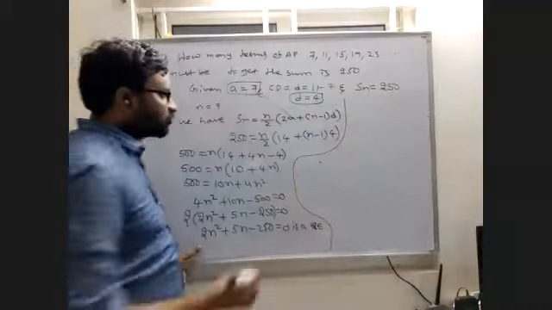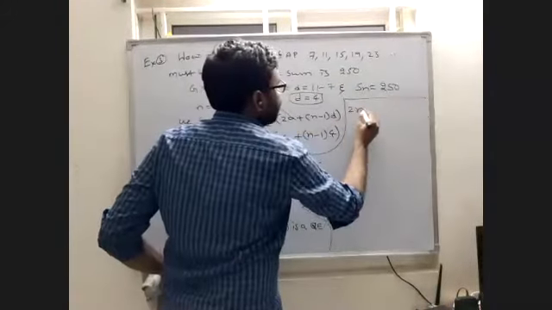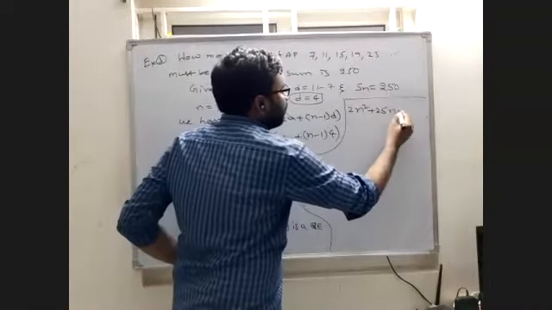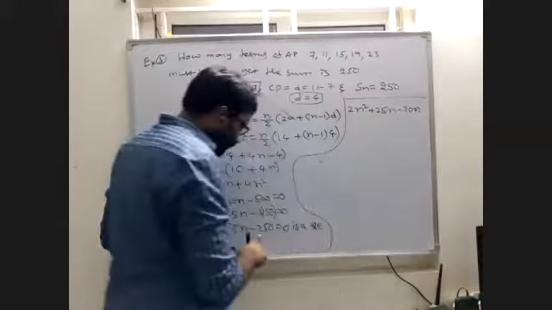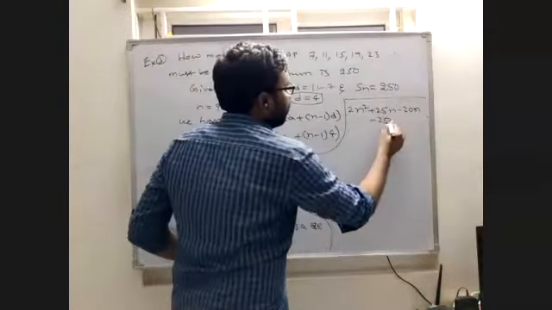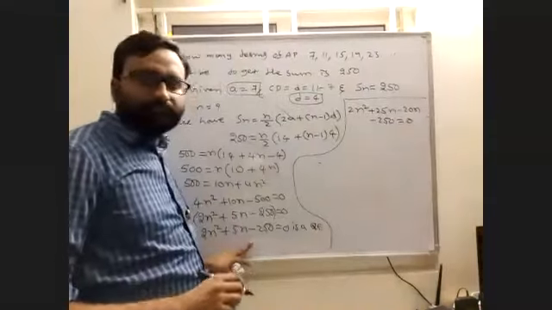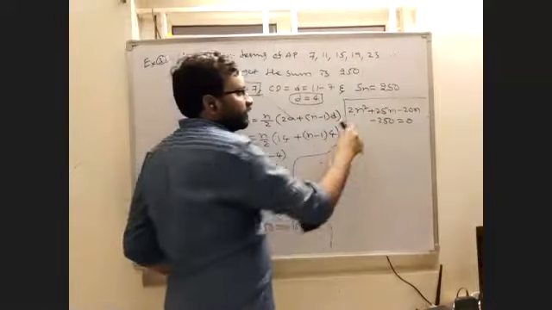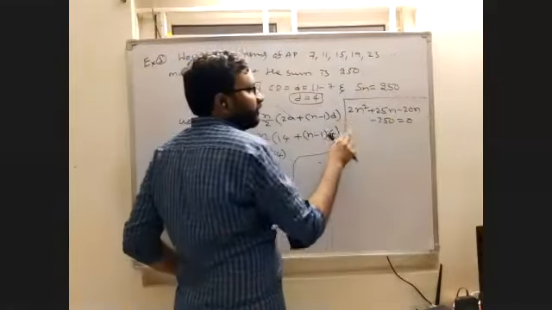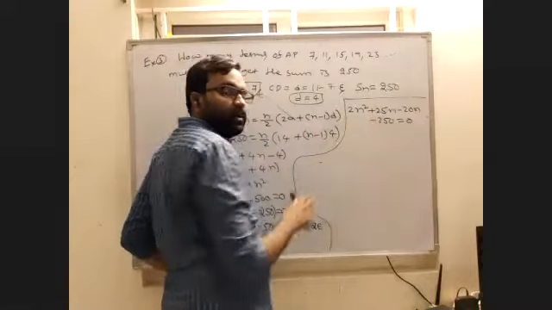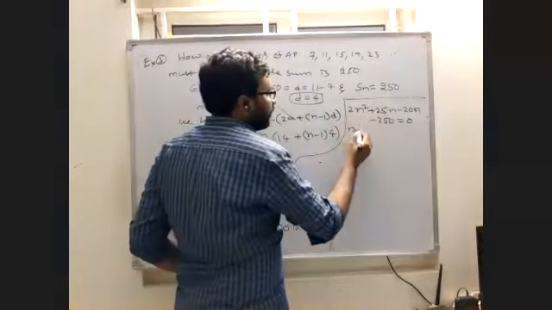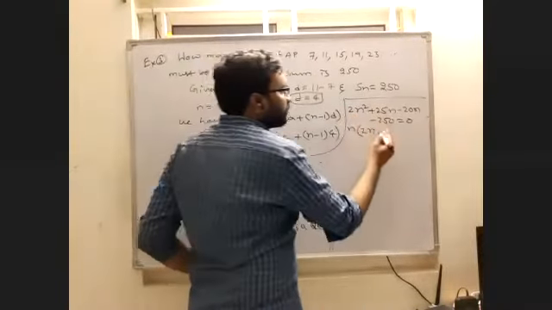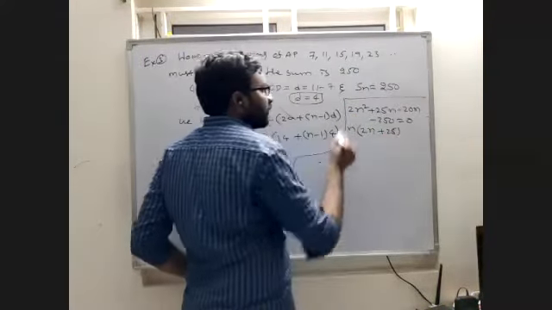So first we have 2n square. Then you have 5n plus 25n minus 20n, and the remaining minus 250 is equal to 0. Now from these two I am taking only n common. This n only we can take common. We can't take a number. Why? Because this is even, this is odd. So I am taking n common. Taking n common, more 2n is there plus 25 is there.